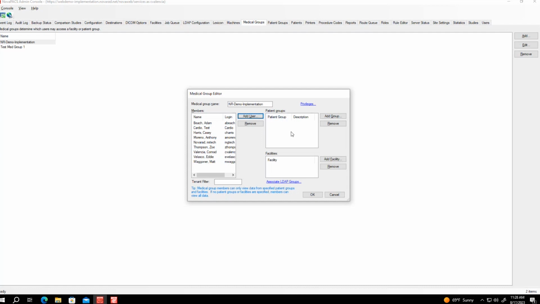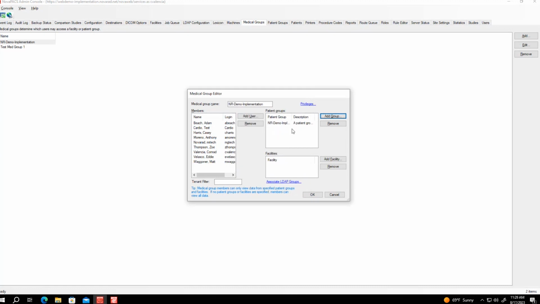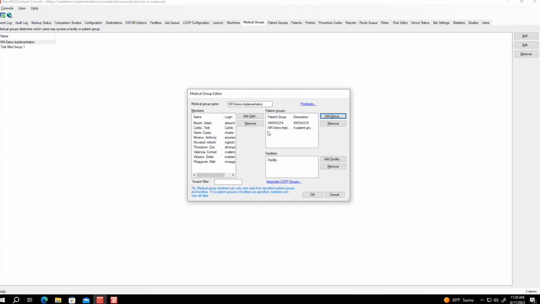The next section you have is the different patient groups that you can add to that medical group. So that list that we were kind of looking at before, you can click add group right here and select your patient group from here and add multiple patient groups to a particular medical group. And everybody listed in that patient group would then have access to all of the images under this medical group. And then you can simply remove them just by highlighting and clicking remove. And then that one would disappear.